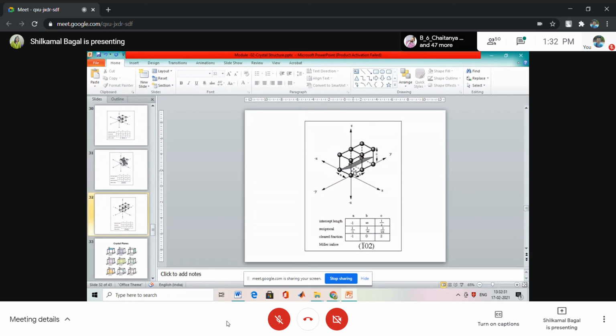Okay. Now see, half unit cell along axis C. Please mute yourself, all of you. Along axis C, this plane has the half unit intercept, means ये from this corner to this corner is 1 unit, so उसका आधा हो गया half.